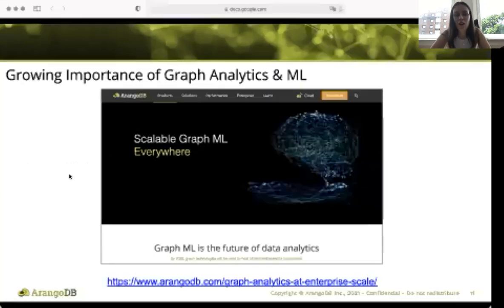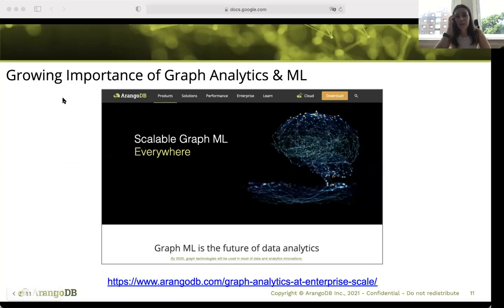Now it's important to talk about where we see ArangoDB in the future and what we as a company are focused on in our continuation to grow and improve as a product. According to research by Gartner, by 2025, graph technologies will be used in most data and analytical technologies.